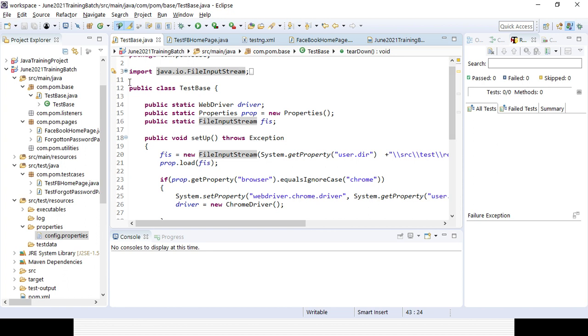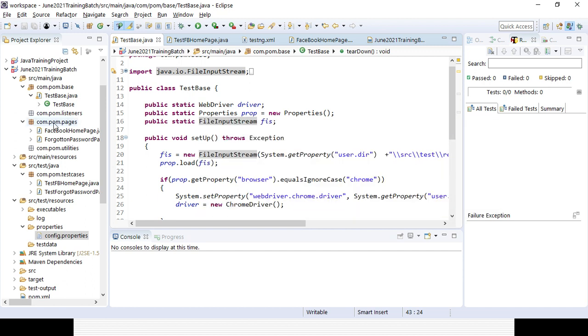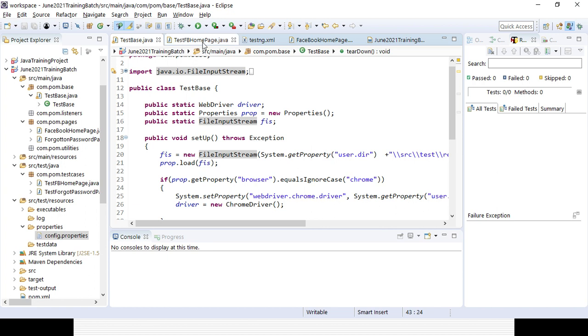After the base class is created, we will be creating multiple classes for multiple pages. So in case you have 10 pages, you can create 10 different classes in the com.pom.pages package, so that for each and every page, whatever attributes you need to take care of, you can take care of those attributes.